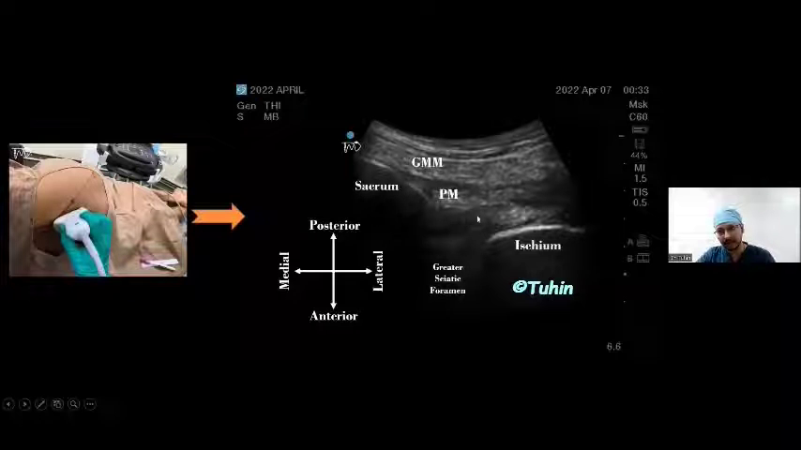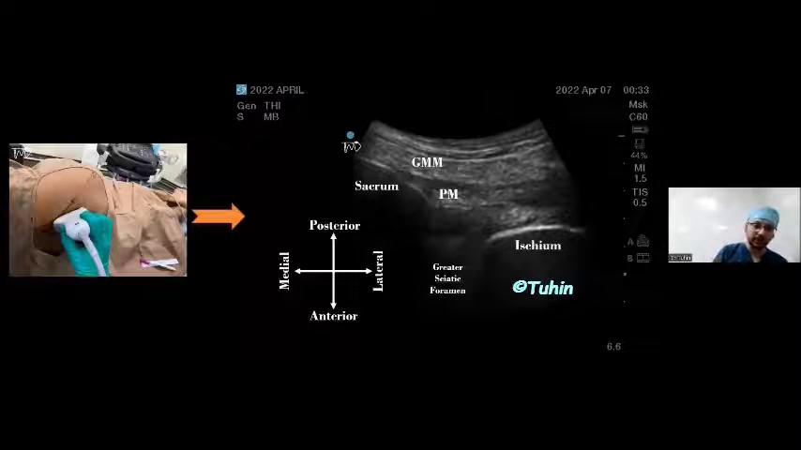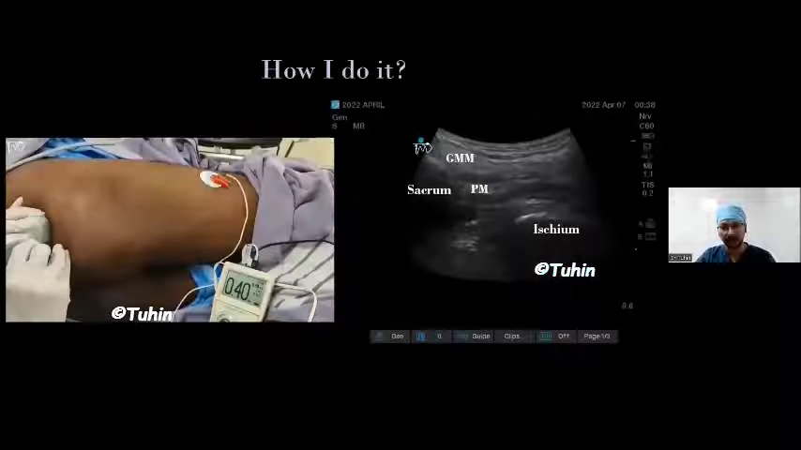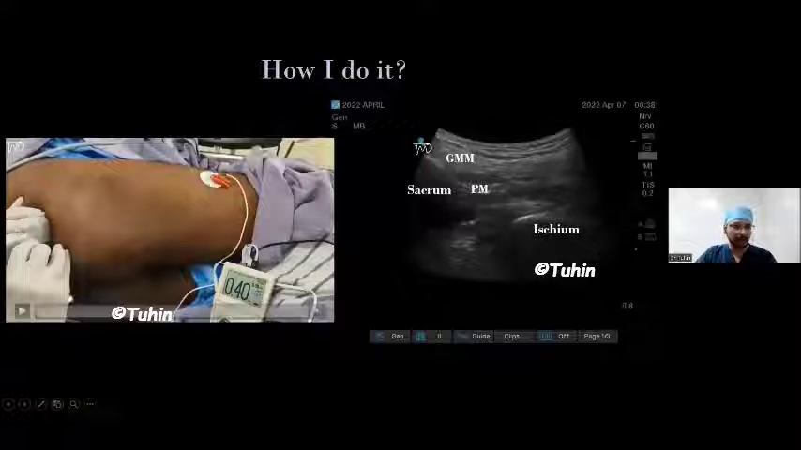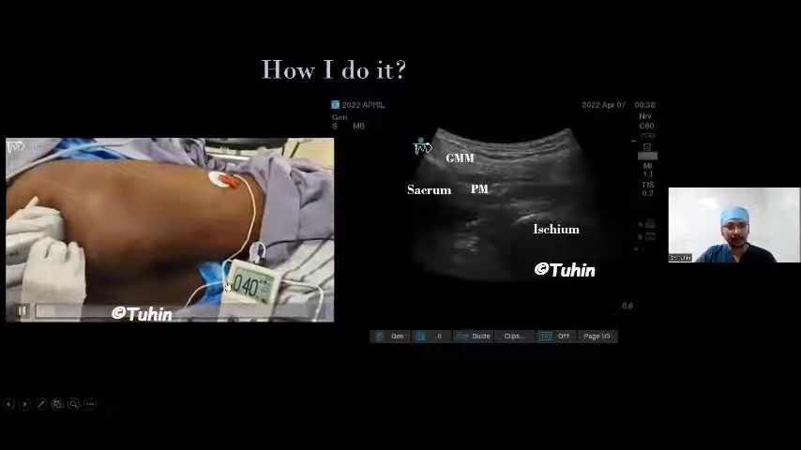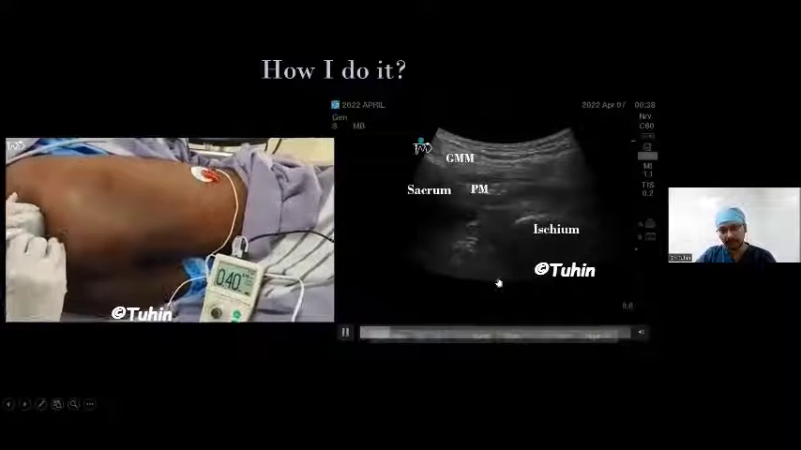Through the greater sciatic foramen, you will see the sciatic nerve coming out from the sacral plexus. Here we are visualizing the sciatic nerve longitudinally. In Taha's approach, we are seeing the cross section of the sciatic nerve. That is the difference. So here I'm performing the Bendtsen approach